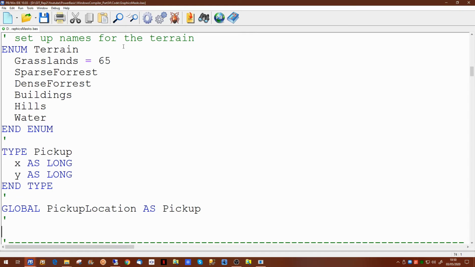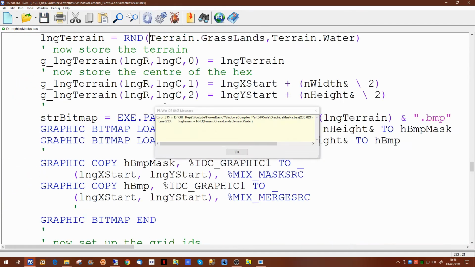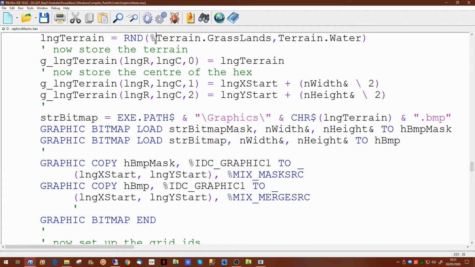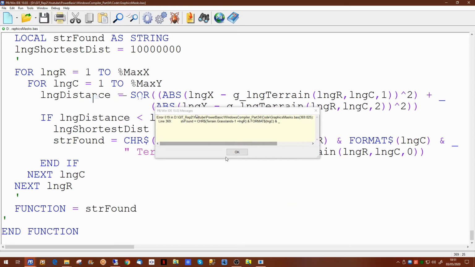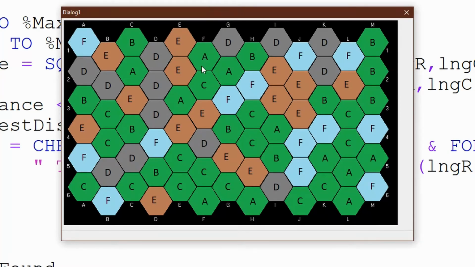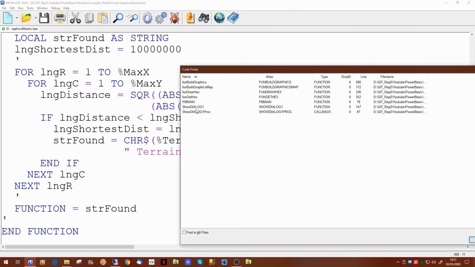Having set that up, we'll just try a quick test compile to make sure we're okay. Obviously we need to put a percentage in front of that. It'll be exactly the same with this one, and with this one as well. And our program runs quite healthily. So if we have a look at our event handler,